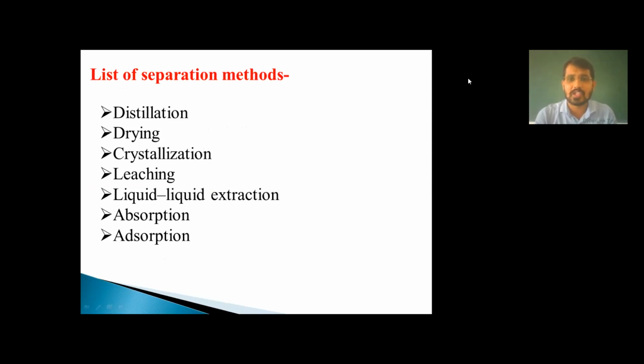For example, for a distillation tower, just write tray tower, pack tower. There is no need to explain all things. Just write the name of the equipment. If there is a question for 7 marks like this, write definitions, criteria, and equipment. You have to write about each and every process in short. Don't explain individual processes in detail.